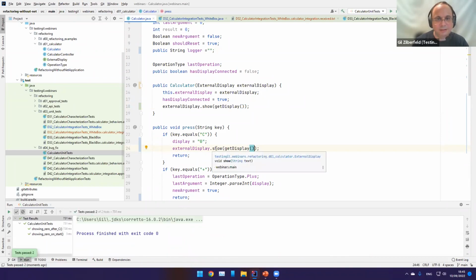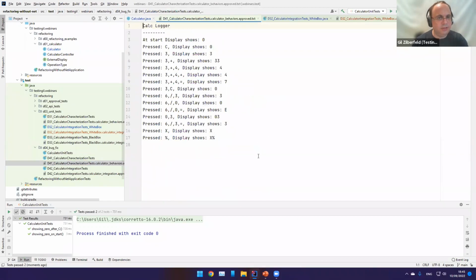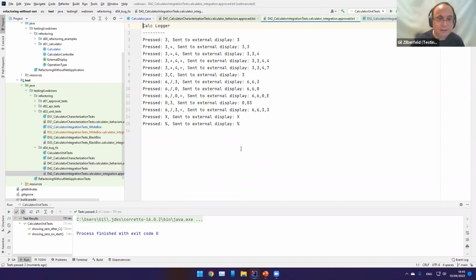Yes. Okay, great. Now the behavior. This is the old behavior part of the calculator, the unit, but calling the API as the get display. But at the integration level, look at it. It doesn't have the writing of the first two tests. So currently,